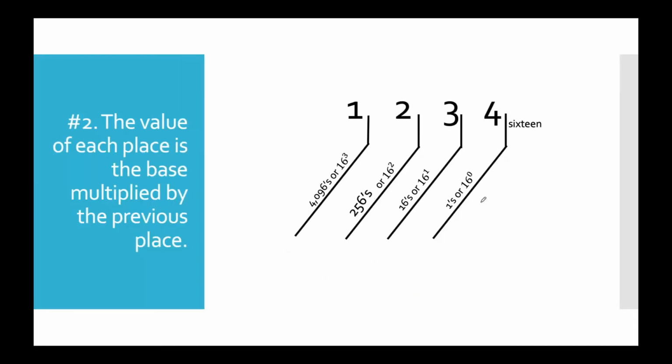In base 16, we have the ones place, or 16 to the 0 power. To find the next place, I multiply that place by 16, and I have the 16's place, or 16 to the first power. Multiply that by 16, and I have the 256's place, or 16 squared, and multiply that by 16, and I have the 4096's place, or 16 cubed. And that pattern could continue on as long as I need it to. So just remember, the number of the base equals the base of your place values.